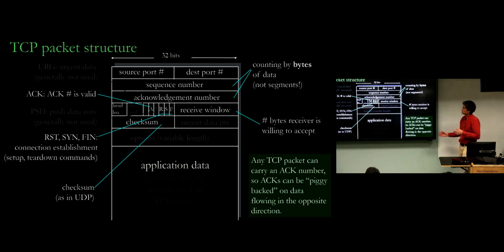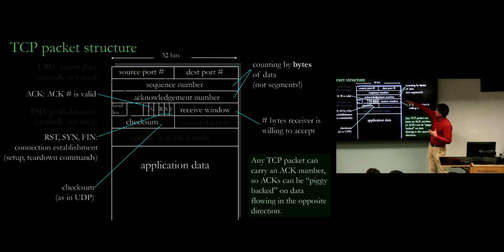Okay, so different than the examples we saw last week. Last week we showed data packets and then acknowledgement packets coming back. And those acknowledgements we assumed were just very short packets that said, I acknowledge this data. But in reality, TCP is more clever than that. It assumes that you're sending data. It allows you to send data in two directions.